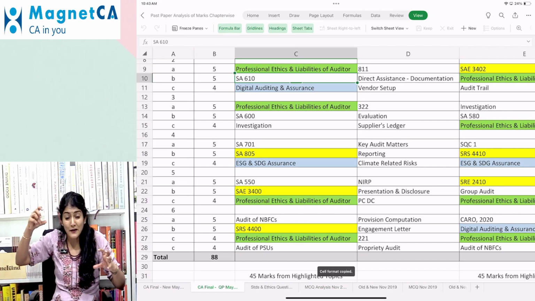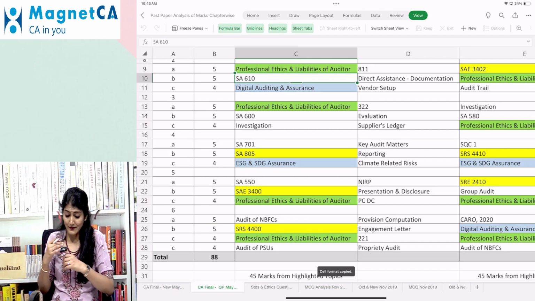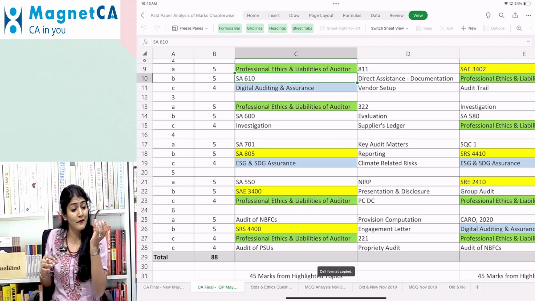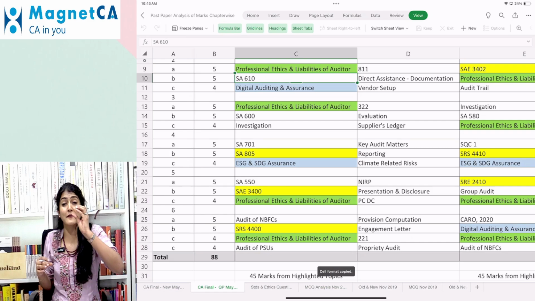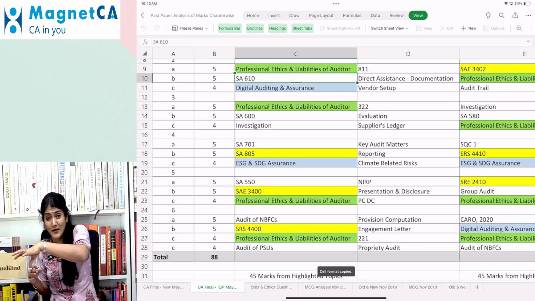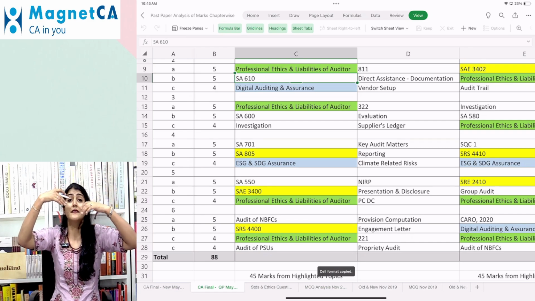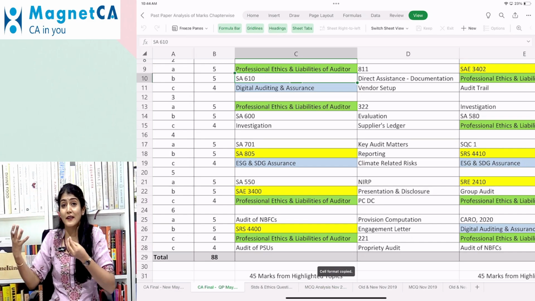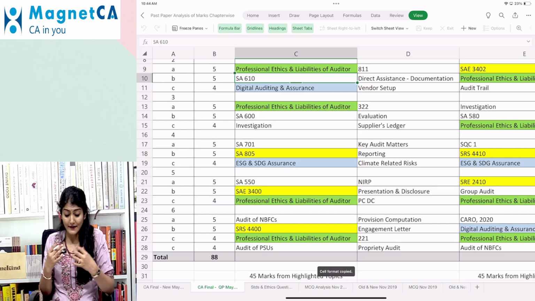Okay, right, then key audit matters. What should be the introductory content of the key audit matter paragraph in the audit report, the drafting. Right, then SA 805, reporting. What is 805? When you've been appointed to do an audit of a part of the financial statement, like a single financial statement, specific element, account, or item. In case your auditor's report on the complete financial statements has an adverse opinion, then for a part of the financial statements, can you give an unmodified opinion or not? So that's the question regarding 805.